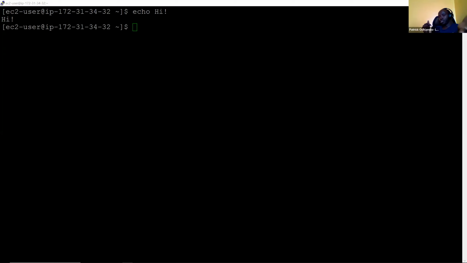Yes, the first one had the single quotes, the other one does not have quotes. What I am seeing here is that both commands work, but there is a subtle difference in how the shell interprets them. Echo high and echo with single quotes high both print the text to the terminal, but the quotes matter depending on what's inside the text. You understand? So with no quotes, the shell treats each word as a separate argument. So if you were to write several words, each one of them will be treated as a separate thing. This works fine because there is no space or special character that needs protection.